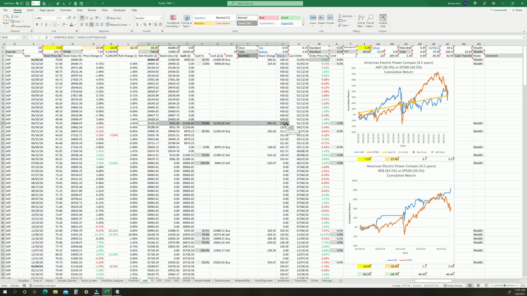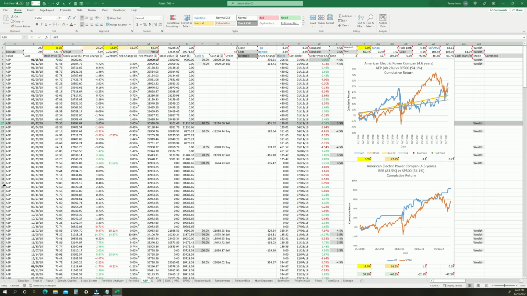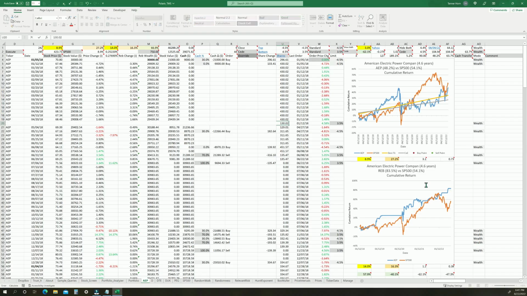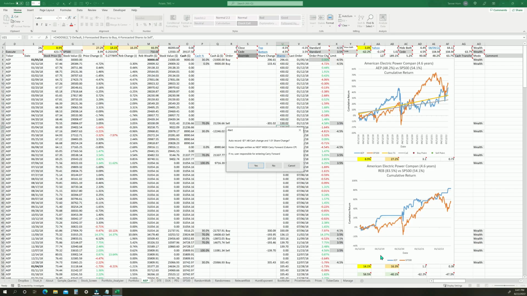The change in stock value and cash amount is reflected in the following row as what is called a carry forward. So as an example, let's say a user wants to change the automated generated order here on April 27th so that an even number of 300 shares is sold, leaving 130.02 shares. So you go to column U and you type in the remaining shares, and what you see is